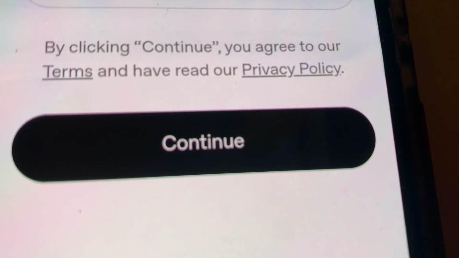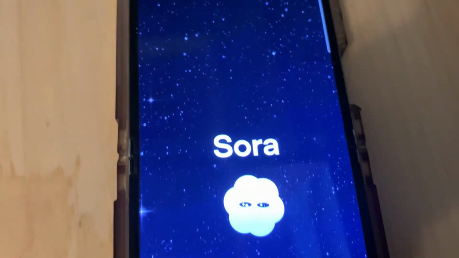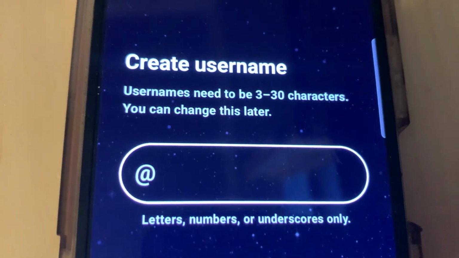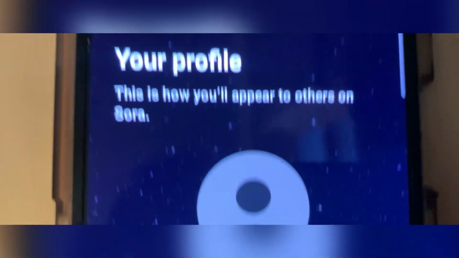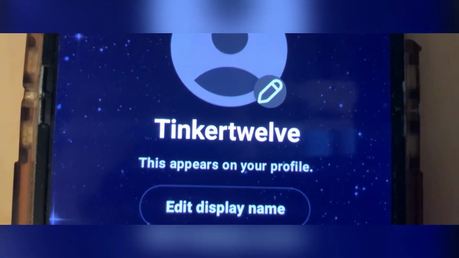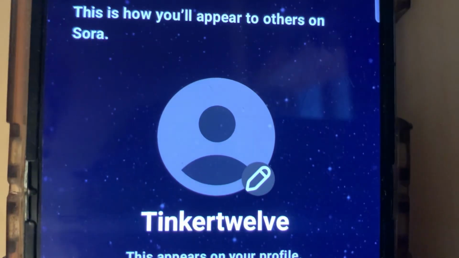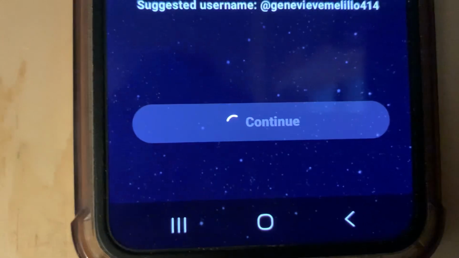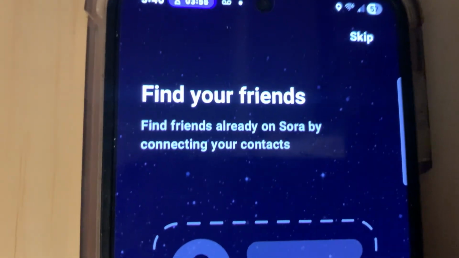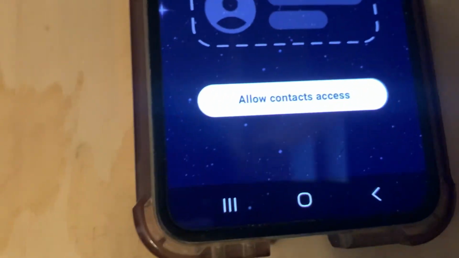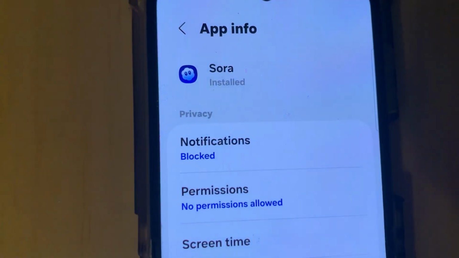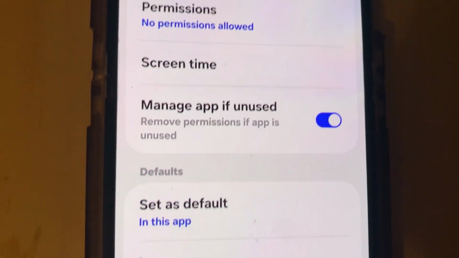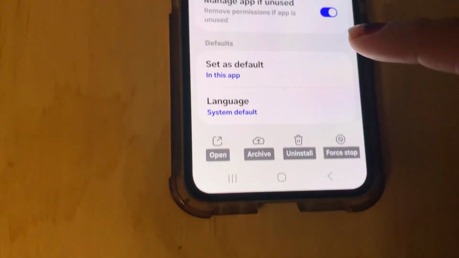So SORA is an OpenAI product, so it's gonna ask you to read the terms and conditions, and on this part, you will create a username, of course, and that username you can change it. You'll have a display name, and then you'll just have to follow the prompts, and it's gonna ask if you want to connect with your friends in your contacts, so it's up to you. So this is basically what you will see